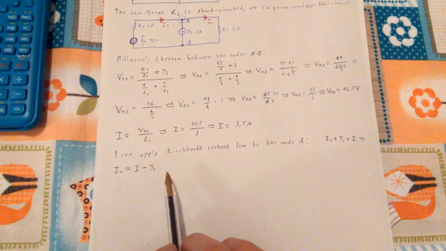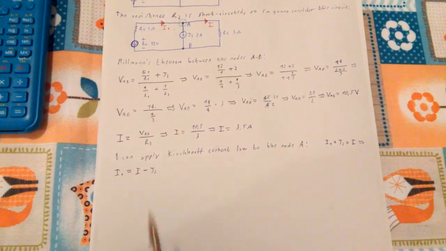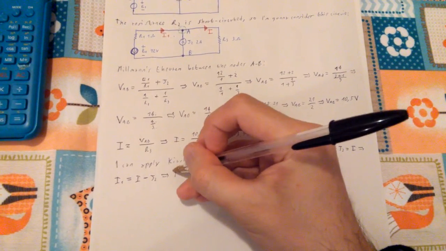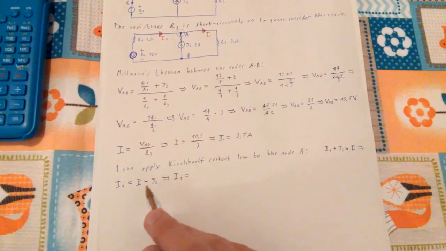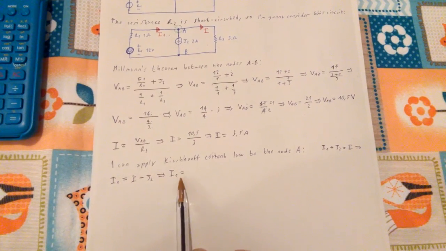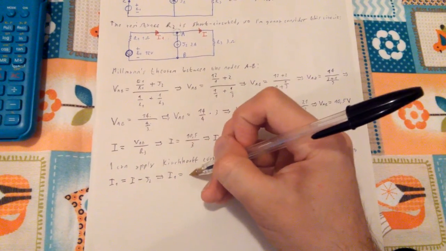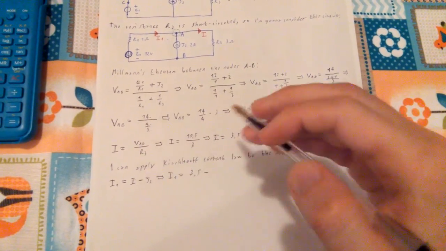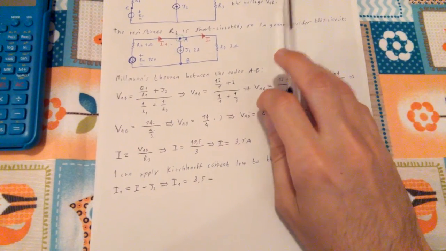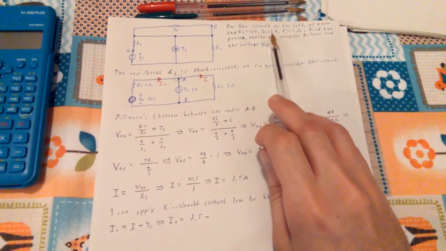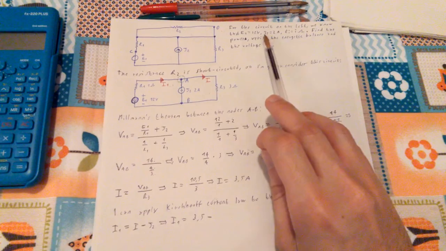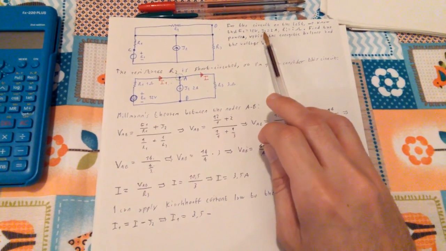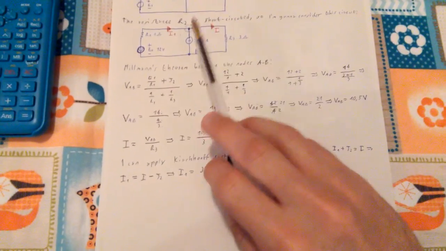So I1 is equal to I minus J2. In other words, if we plug the numbers back into this equation, the I that we just found is 3.5. So I1 is equal to I, 3.5, minus J2, which we know because the problem gave it to us,